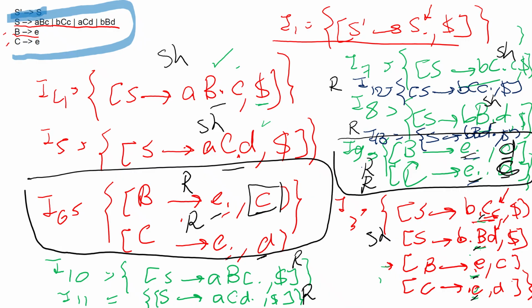So the lookahead symbols are different. Because these two sets have the same kernel but different lookaheads, we try to merge them together. What happens if we merge them? So I'm erasing everything. Now, in fact, I6